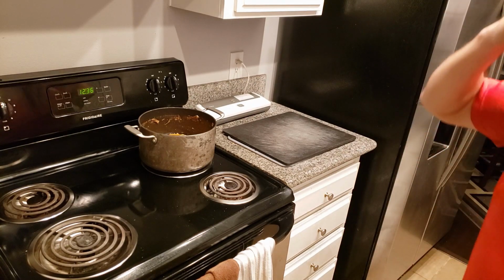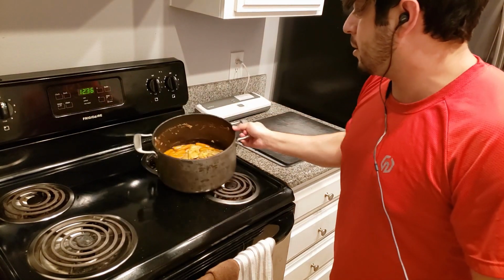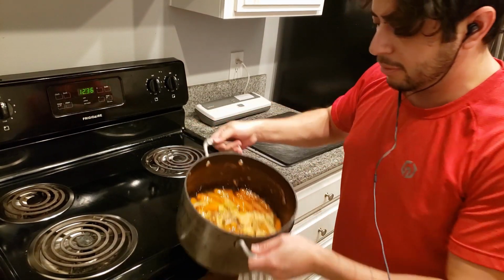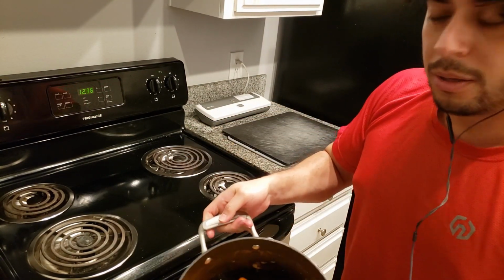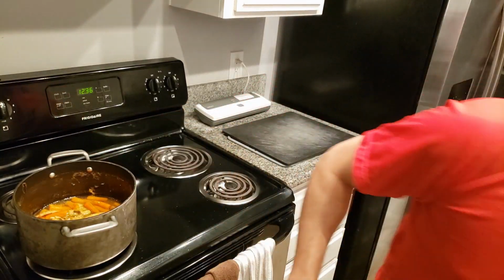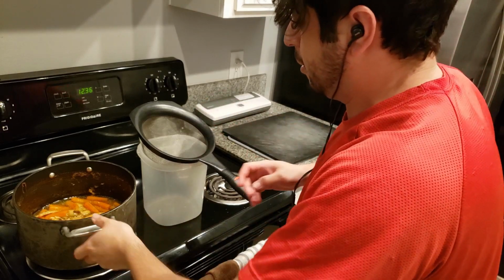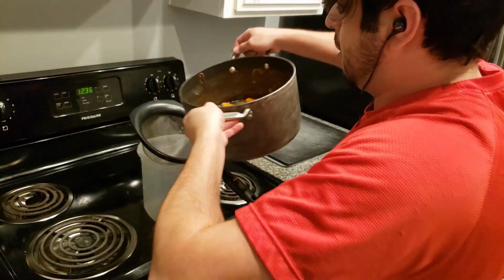Okay, it's been about 8 hours. This is the stock. I let it cool down a little bit right here. And just gonna take it, strain it, put it in here, and